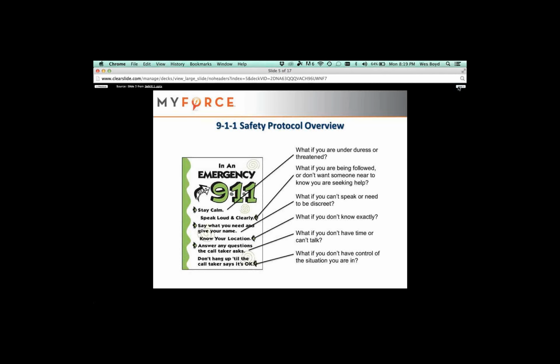So our app and service, which we're going to walk through this evening, is something that not only women but men can use, and we're going to invite you to share this with your family, parents, siblings, anyone that you have a relationship with, so they can take advantage of the opportunity that we'll be presenting. Now, whenever there is a danger, whenever we do feel like there's an emergency, the normal protocol is